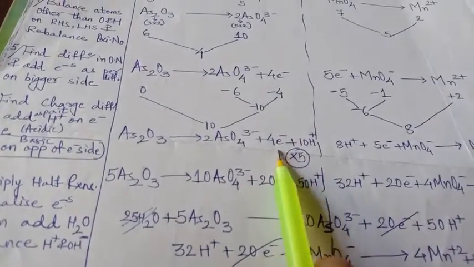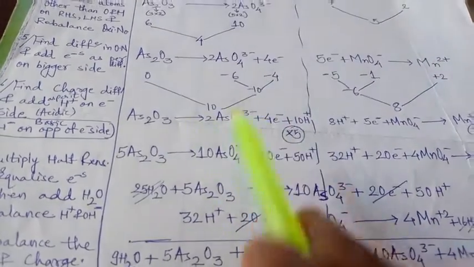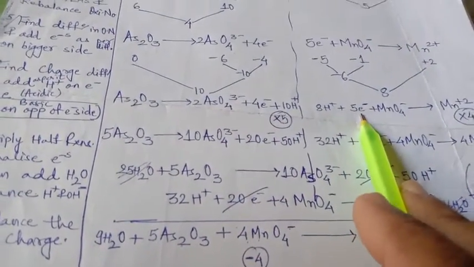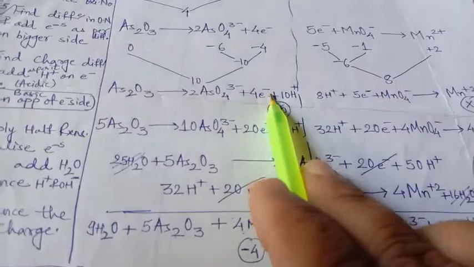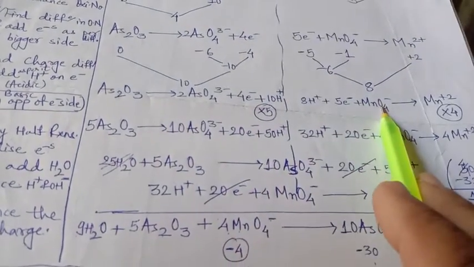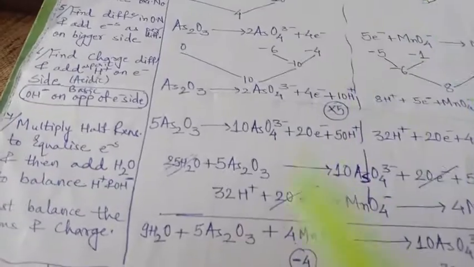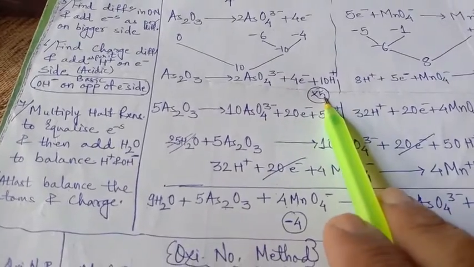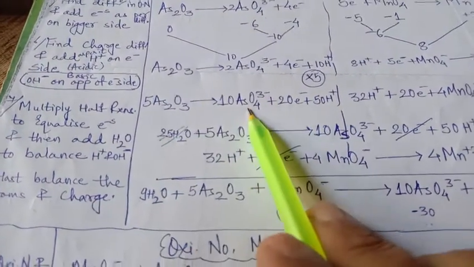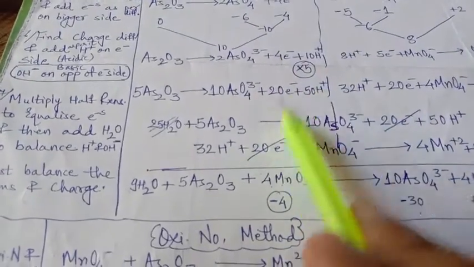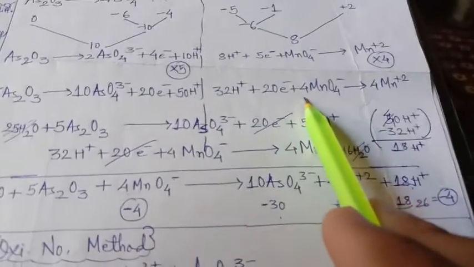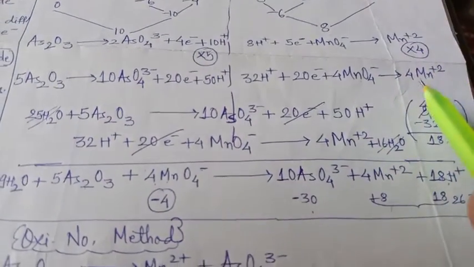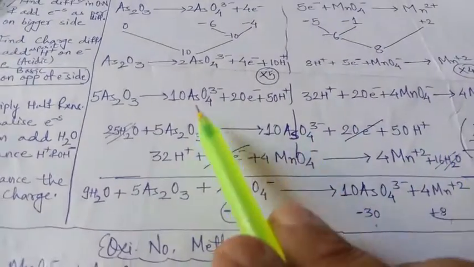After adding, you will have to make electrons balanced by multiplying by a suitable multiple. Here I have 4 electron, here I have 5 electron. So I will multiply 4 by 5 and 5 by 4. So I will get 20 electron here, 20 electron here, so it will be cancelled. But not only electron, we will have to multiply the whole half reactions. So here multiplying by 5, it will be 5As2O3, 5 2s are 10, 5 4s are 20 and 5 10s are 50. In the same way here multiplied by 4, so 4 8s are 32, 4 5s are 20, 4 1s are 4, 4 1s are 4. Now we got these two half reactions.